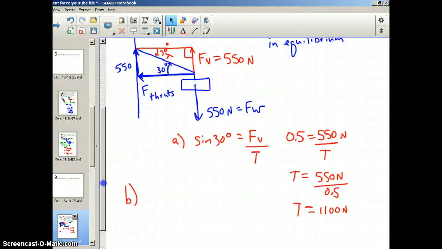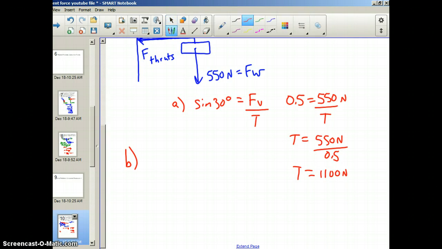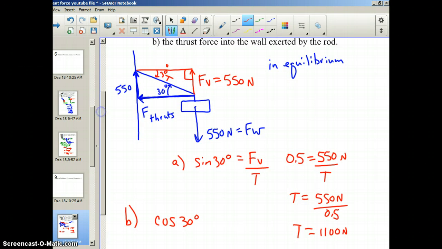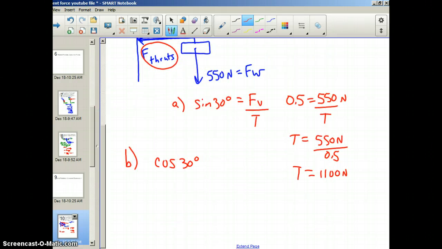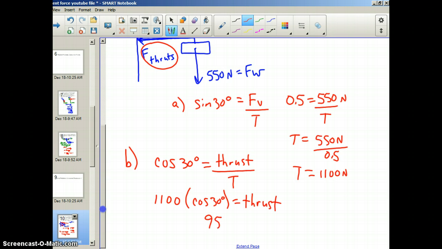We know our angle is 30 degrees, so through trigonometry, the cosine function would allow me to find the adjacent side of this triangle. So cosine of 30 degrees will give me the force of thrust divided by the tension on the chain, which we found in part A. So 1,100 newtons times the cosine of 30 degrees would equal thrust. 953 newtons is the horizontal thrust